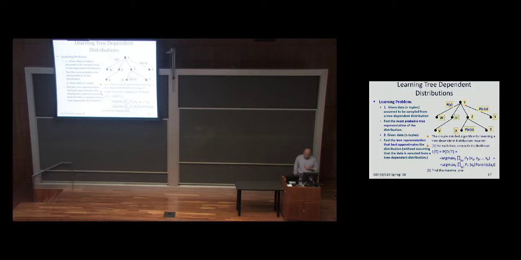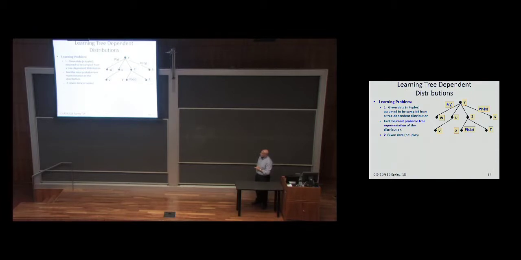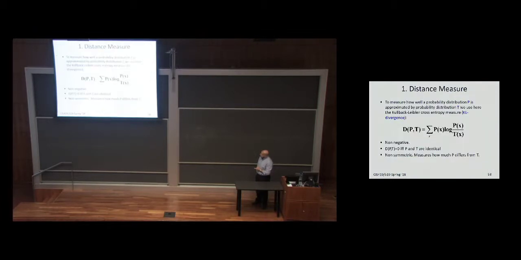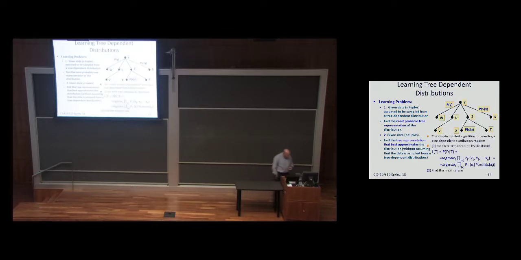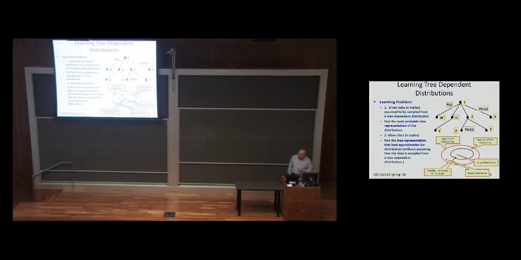This is what we've said before. The simple-minded algorithm is going to be to compute P of t, do this argmax, and then figure out a way to find the maximal one. What we're going to do is have a clever algorithm that doesn't need to do search. We're going to figure out how to find this red point here.